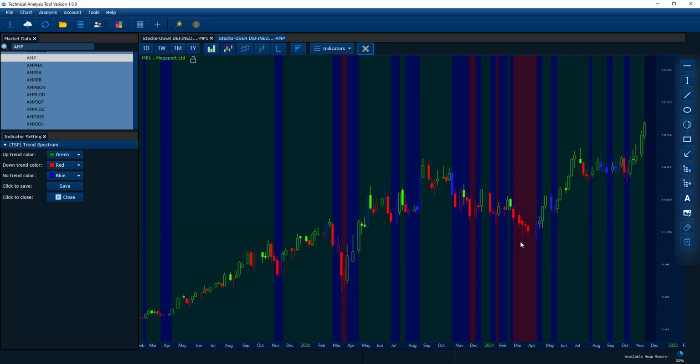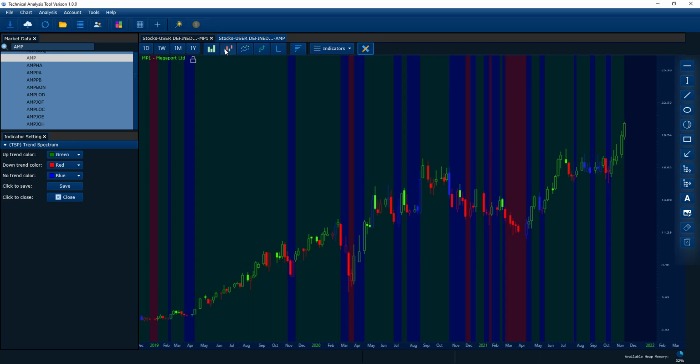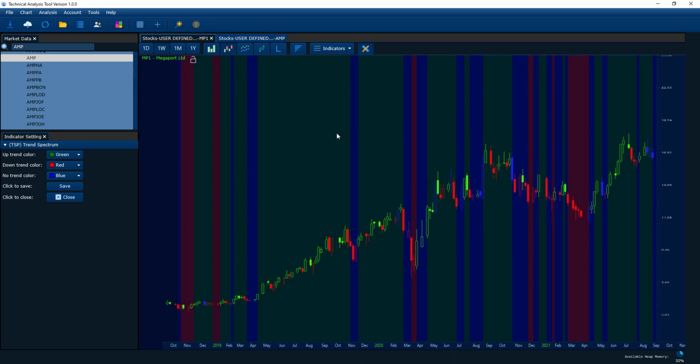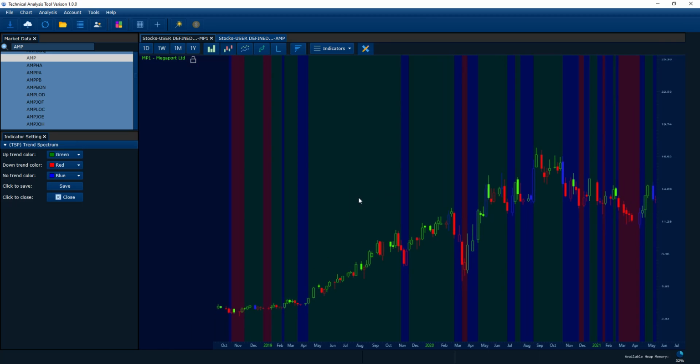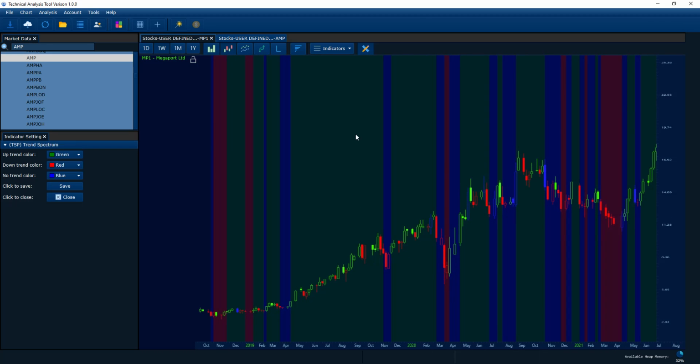Cool. So let me just get rid of those drawings here. This is a quite straightforward indicator, and it's very interesting, and very easy to just see the chart, see the color, and know what is going on. But I want to ask you a question: